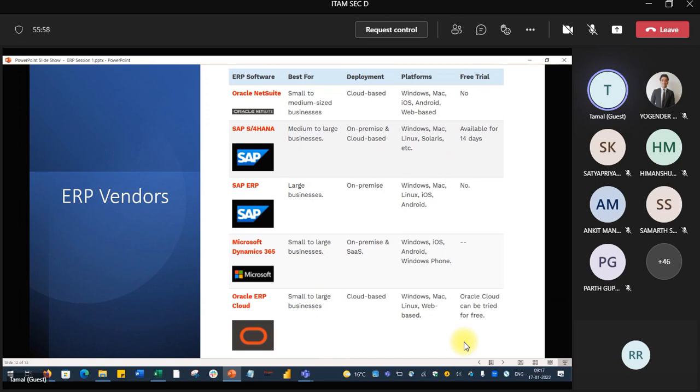Oracle, at the top you see something called NetSuite, and at the bottom you see the ERP cloud. Oracle actually covers small to large business. Microsoft has another one called Dynamics, not Office 365, Dynamics 365, sorry. Dynamics 365 is basically less expensive and for small companies. Small means I'm talking about 100, 150, 200 employees. So maybe useful for that.